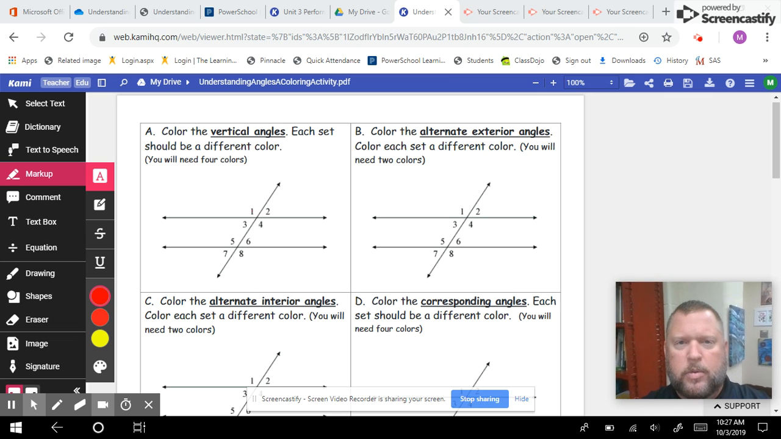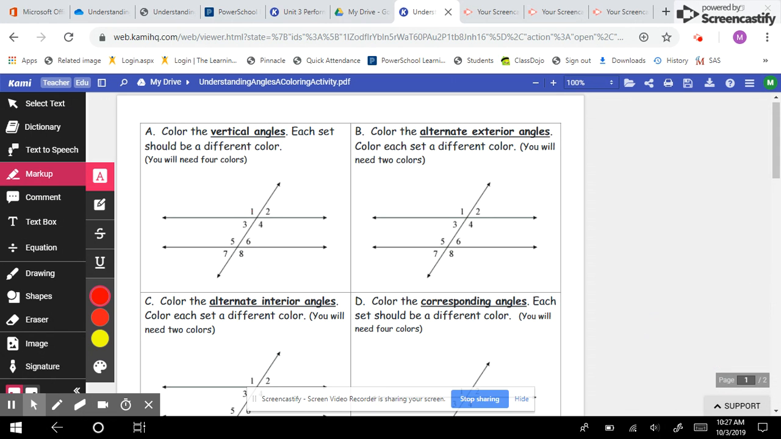This is Mr. Lutz. We're here to talk about angle pair relationships. First one we're going to talk about are vertical angles. Vertical angles are formed when two straight lines cross. They're the angles that are across from each other. A lot of times they're referred to as the kissing angles. So I'm going to go through